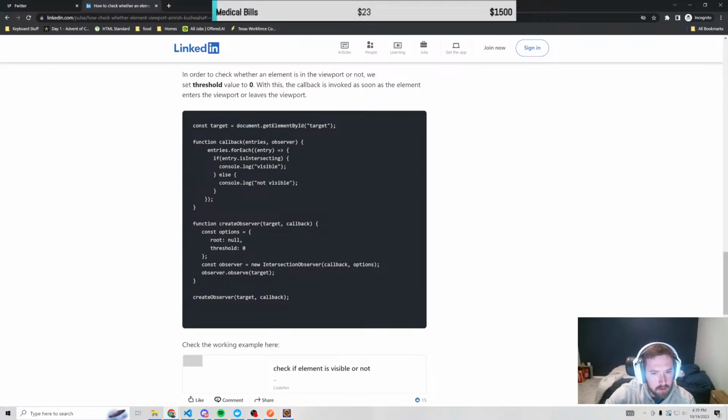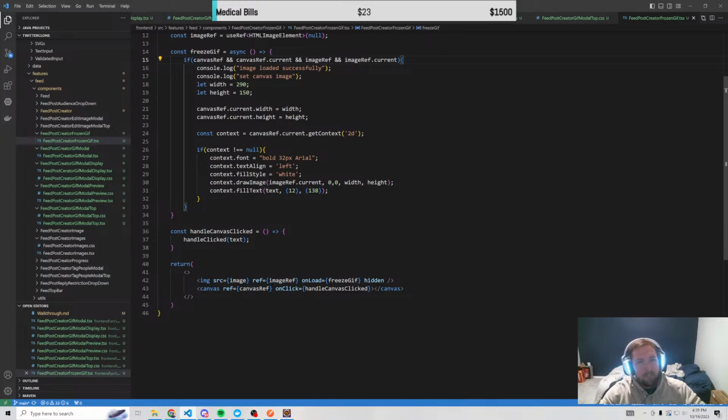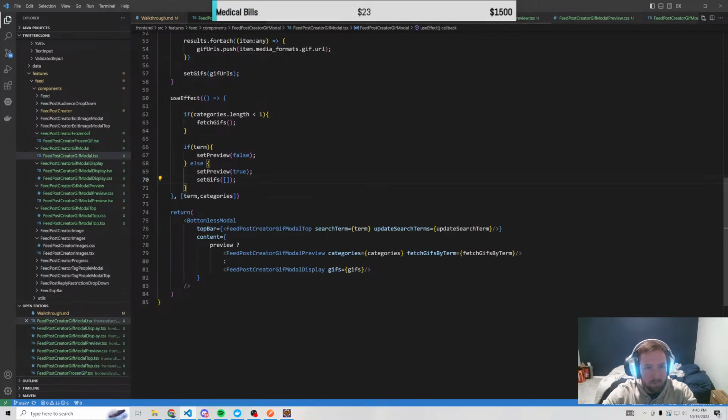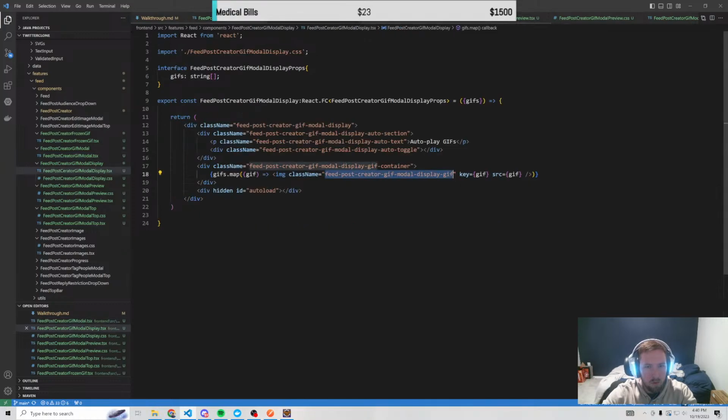Const observer, blah blah blah. Whatever, let's do it. Let's see if we can print out whenever we view the hidden thing. Kind of go from there. And this is a mess. And it might take me a little bit longer to get this done than I was hoping, but it is what it is. So inside of our feed modal display,